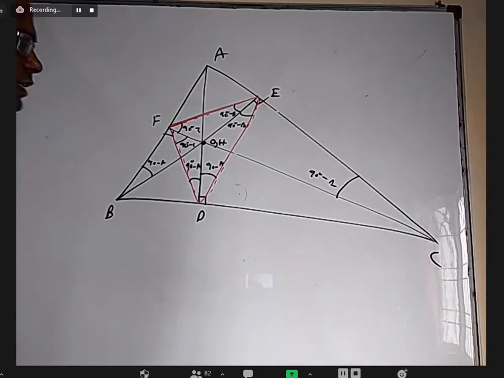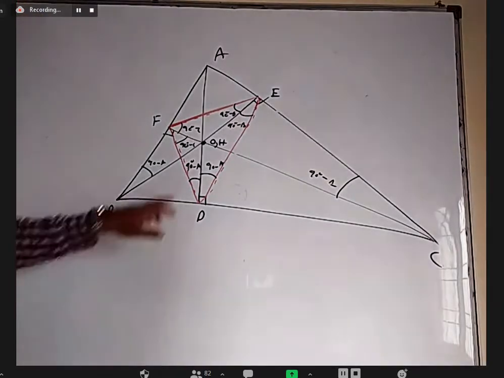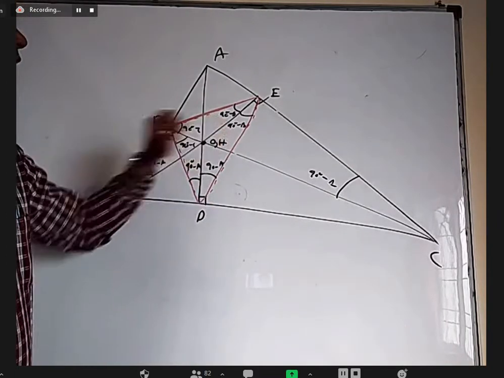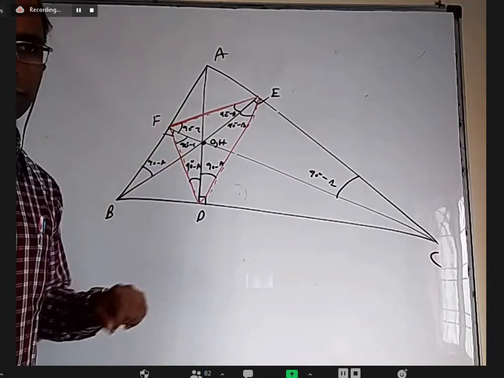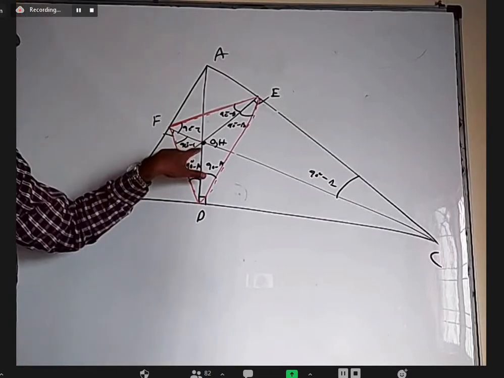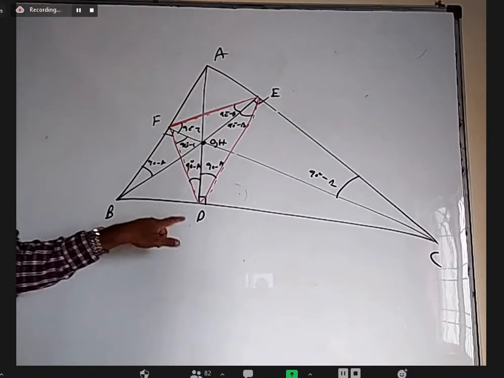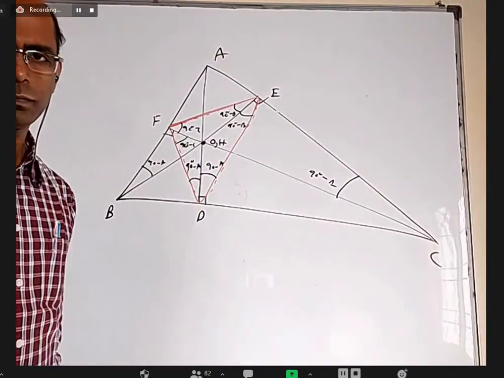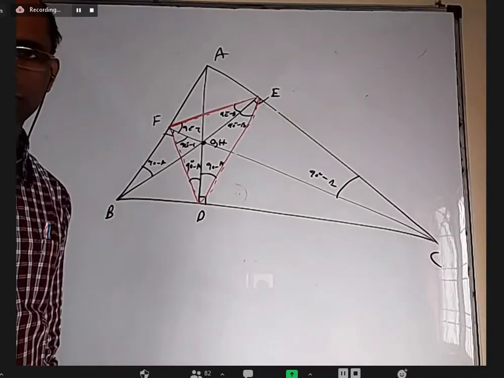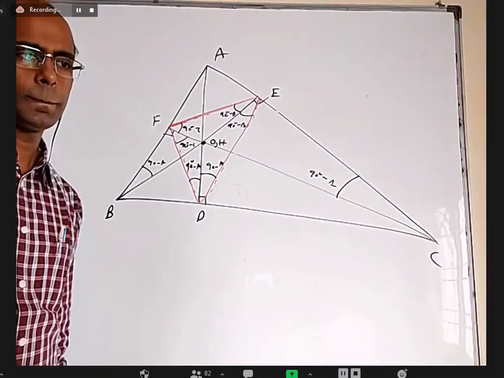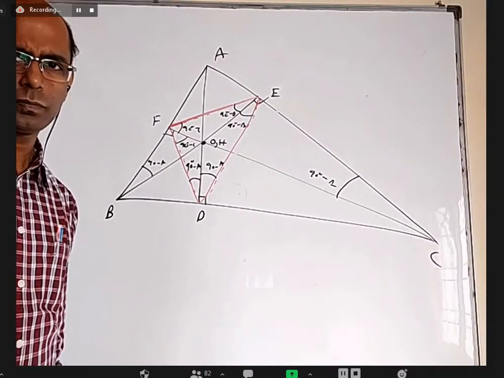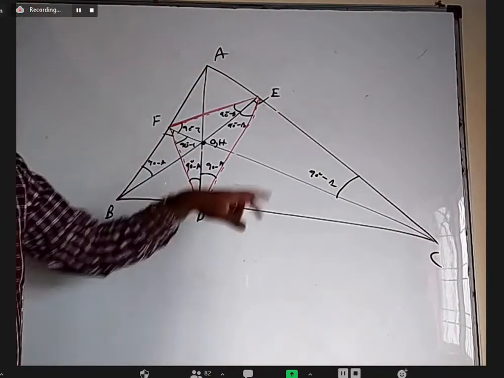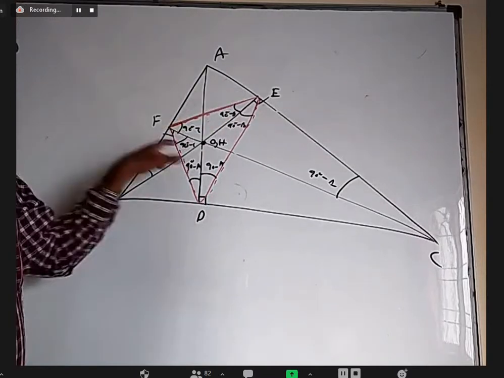Okay, now we got a nice thing here. These two angles are equal, 90 minus A and 90 minus A. These two are 90 minus B and 90 minus B. These are 90 minus A and 90 minus C. So the same point, which is the orthocenter of the original triangle, for this new triangle DEF, what is it? Anybody want to tell? Once repeat, sir. The orthocenter O of the original triangle, for the new triangle DEF, what will it be?